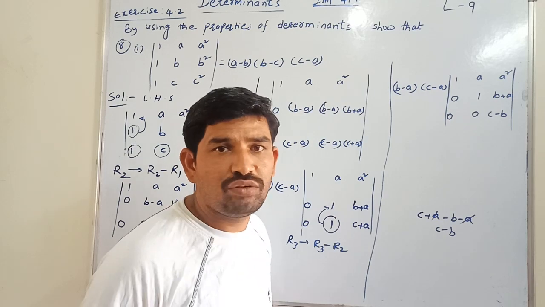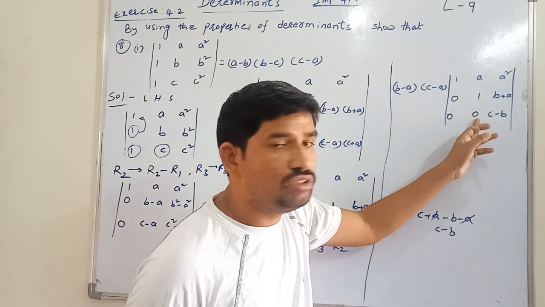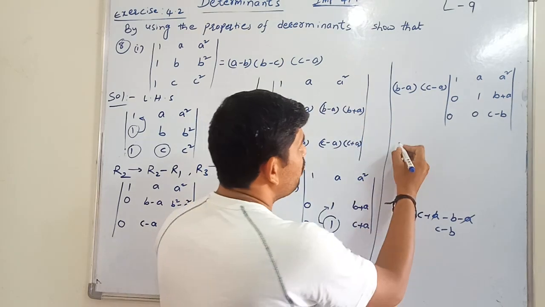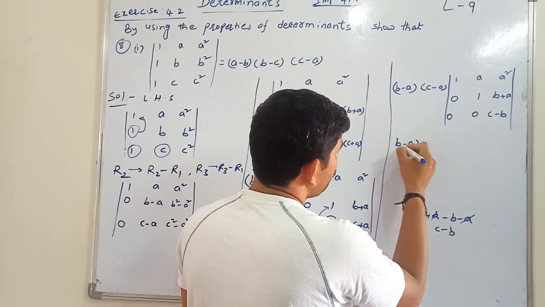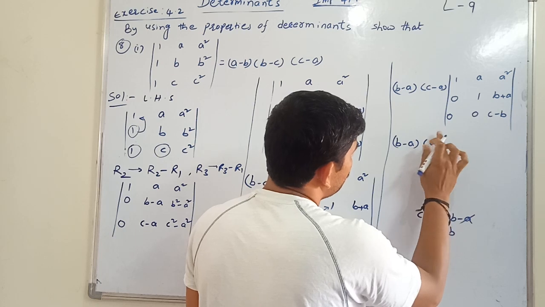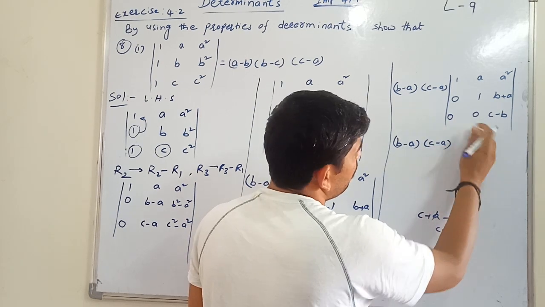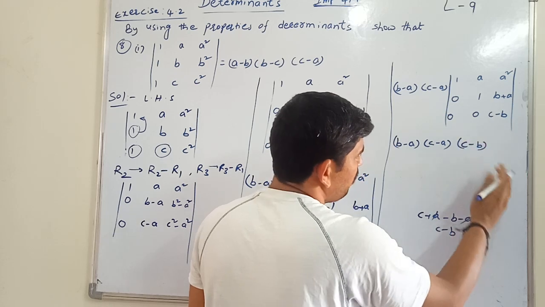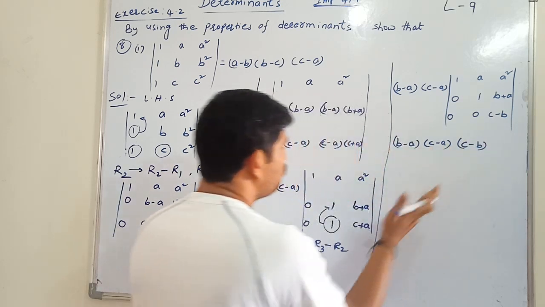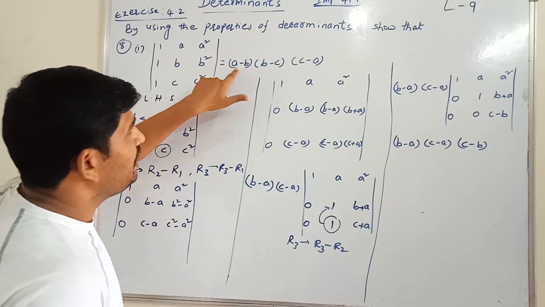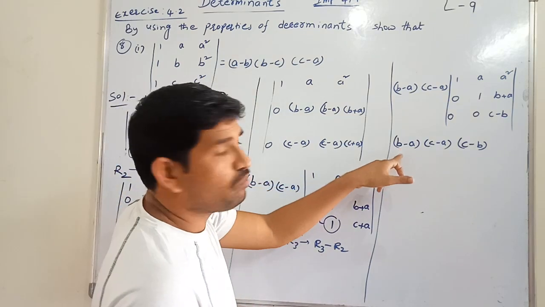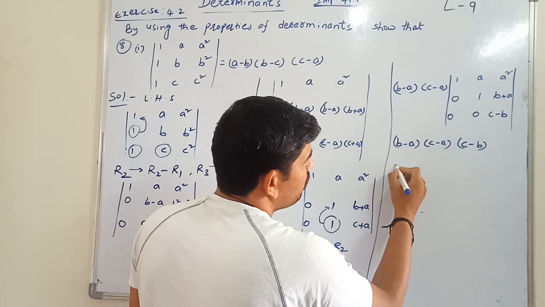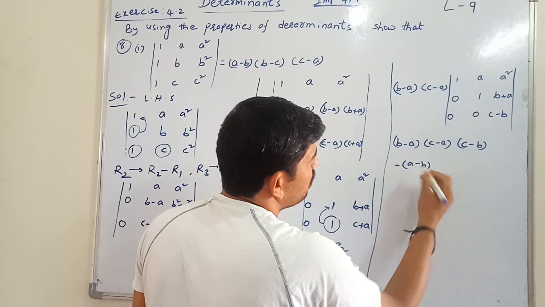We know the determinant rule: if the 3 places are 0, the diagonal elements we are going to multiply here. So B minus A already there, C minus A also there. Okay, now 1 into 1 is 1, 1 into C minus B can be written as again C minus B. Once we will check the RHS. That is A minus B there, but here having what? B minus A. So we are going to interchange the places, you will get the minus. Minus A minus B.